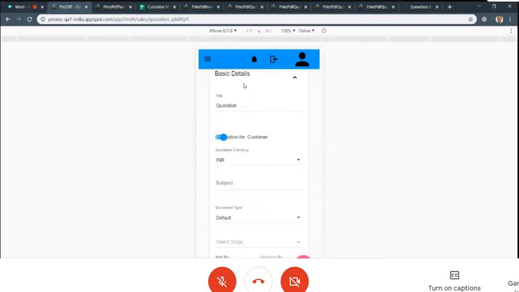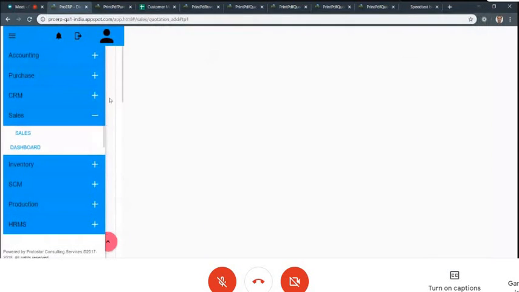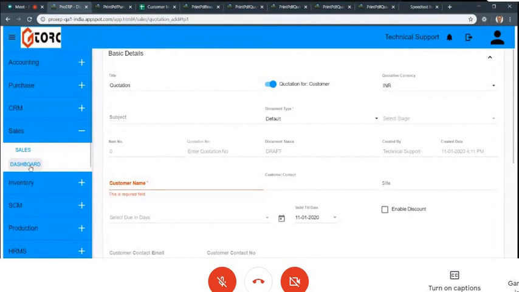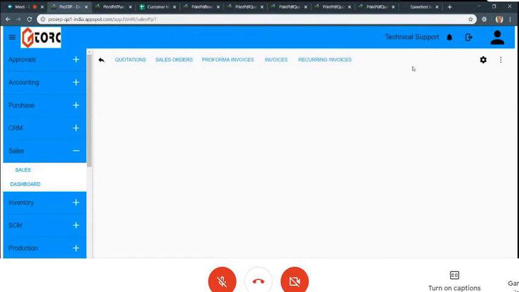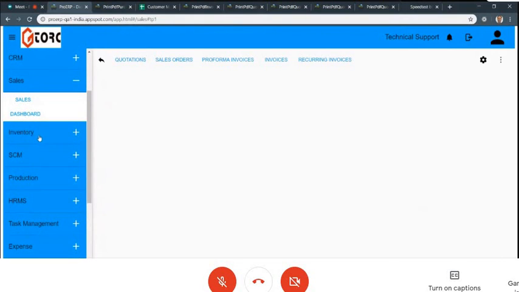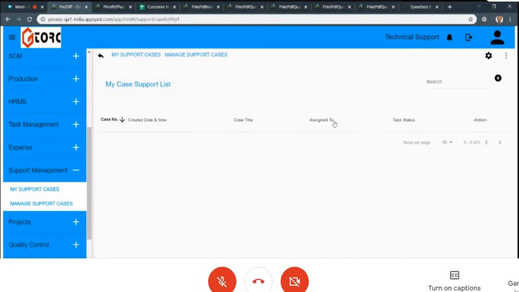Okay. Do you have a service module in this? Service, as in after-sales? We don't have a full service module, like a job card and all, but you have stock items and service items. Also, suppose you get a support case, you can record a case, assign it to somebody, they can work on it, and you can get reports. But there is no job card or something like that.